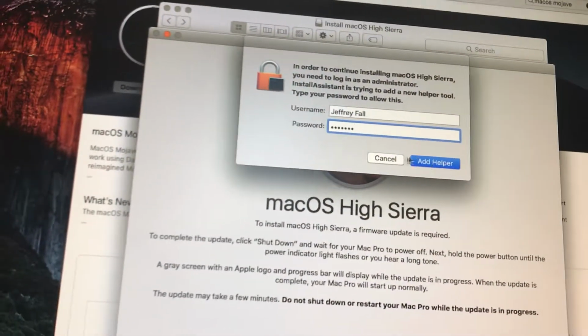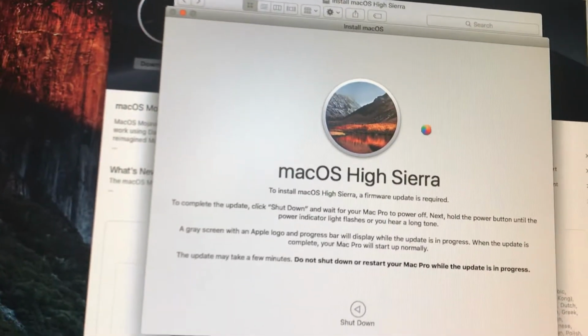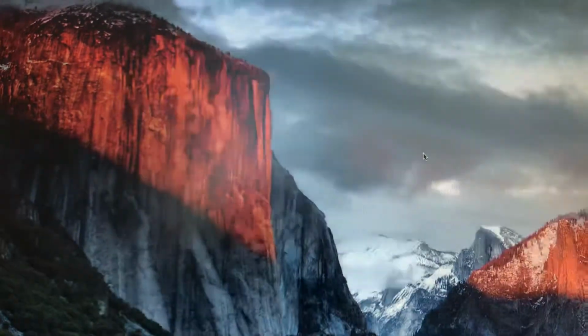Okay, password, add the helper. Let's see what this does. This has been very frustrating. Okay, maybe this is going to work. Let's see if it does. Looks like it's doing some firmware magic there, I hope. When it comes back up, I'm going to hold down the power key for...